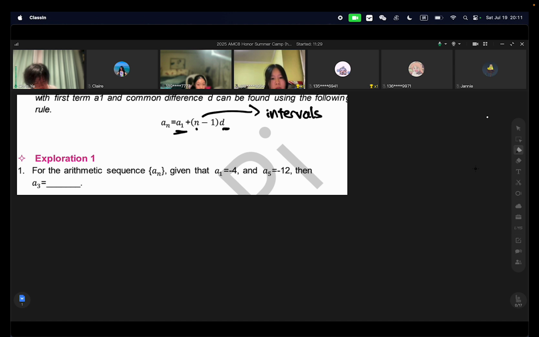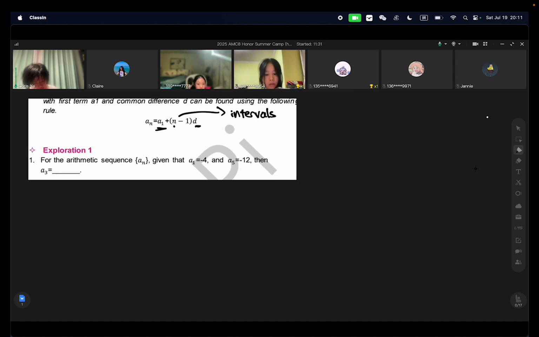So for the arithmetic sequence an, given that the first term a1 is -4 and the fifth term is -12, then there are going to be 1, 2, 3 terms in between, and this is going to be -12. Then A3 is, so basically we see that we have 4 intervals, and since the fifth term is an, let's say n equals 5, then putting it back into the formula, we have 4